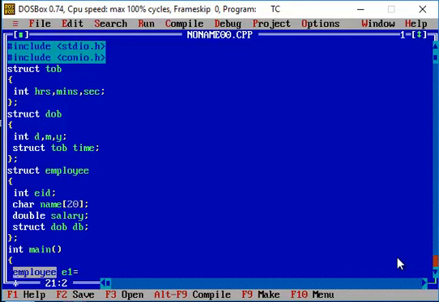Employee is basically a structure. Here I'm trying to directly assign the values. Let's say the employee ID, that is EID, is marked with the value 101, and I give the value for the name, let's say Arun, and the date of birth, the salary is being declared. So salary is also assigned.